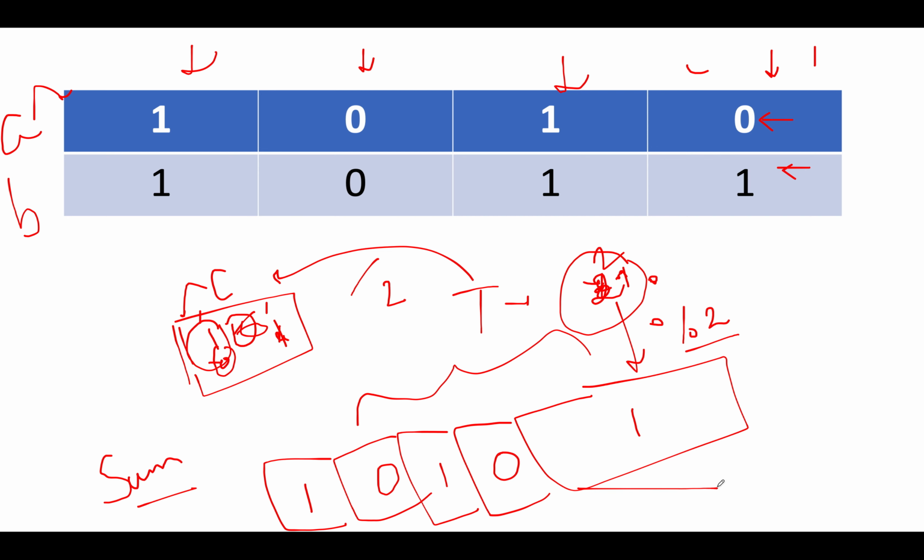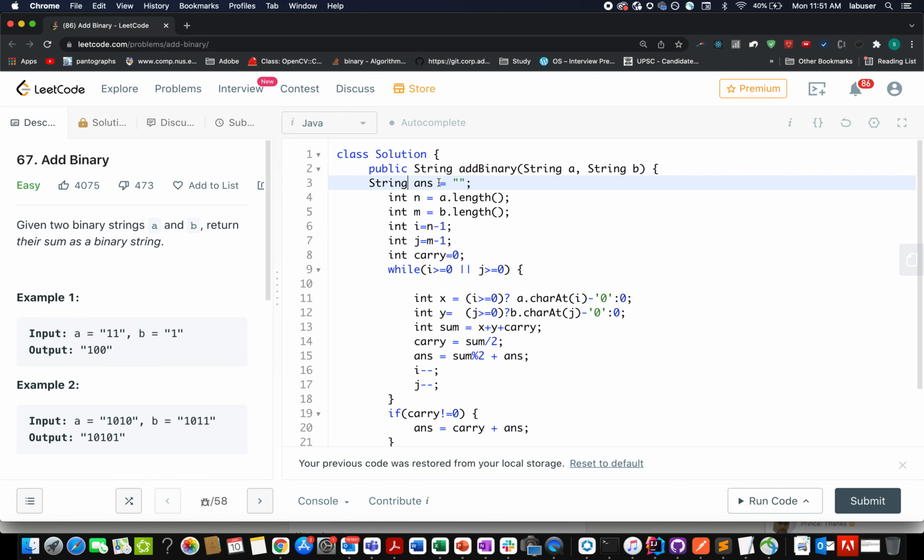Now let's quickly walk on to the coding part, where I'll explain how we have coded this up in very few simple lines. I have created the answer string. I have taken the length of the input string A in a variable n and that of B in a variable m. And these are the two pointers that will help us iterate through A and B in the reverse direction. And both have been initialized: i is equal to n minus 1 and j has been initialized to m minus 1. I have taken a carry variable.